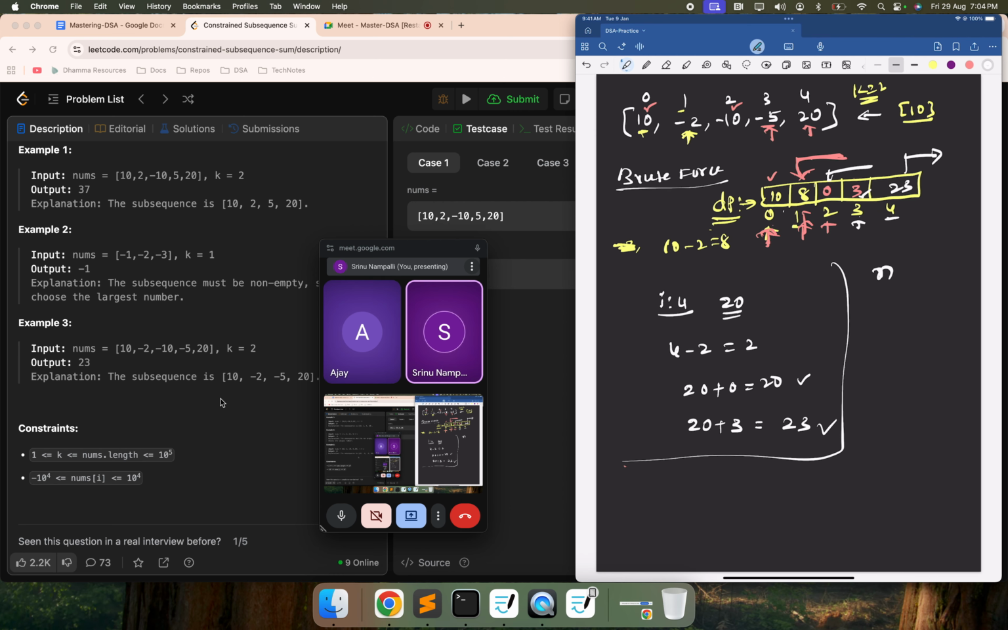Basically, we're going n minus k steps back, right? So n minus k steps back, correct? Yes. So somehow, if the k size is really equivalent to n,